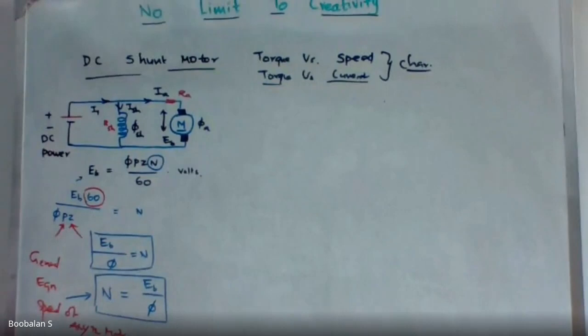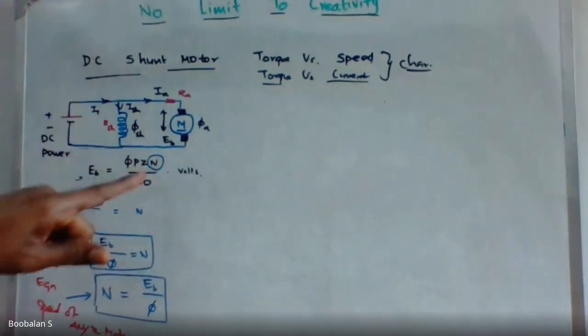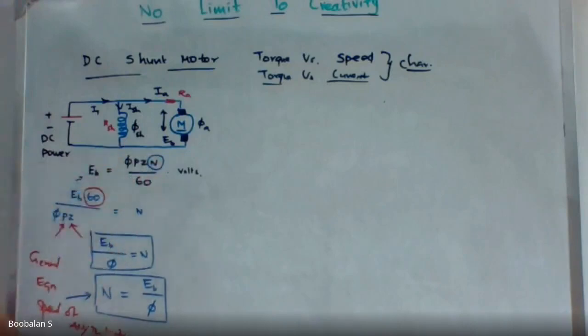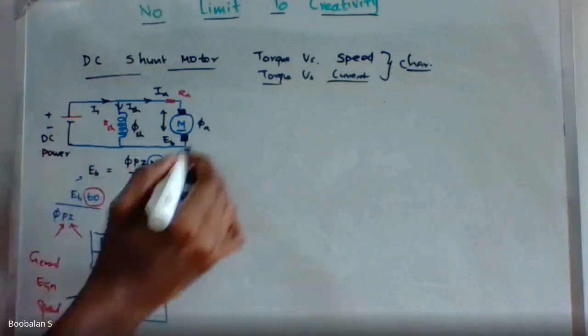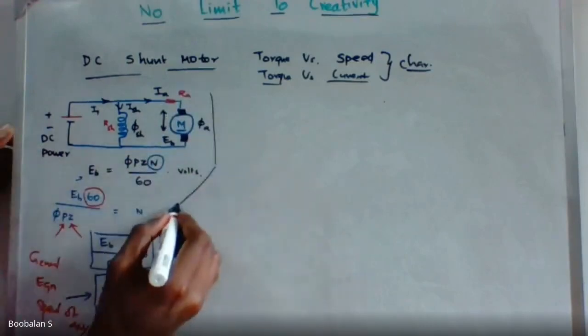Now, coming to the DC shunt motor, right? This is a general equation because I derived it from the general EB equation of any DC machine, and we have the speed equation, N is equal to EB by phi. With the remaining terms constant, I'm just going to have a proportionality, so I introduce a constant over here. So N is directly proportional to EB by phi. And then, coming to the DC motor, what will happen? Now I'm going to go with the DC shunt motor.